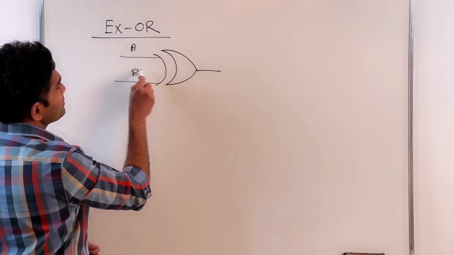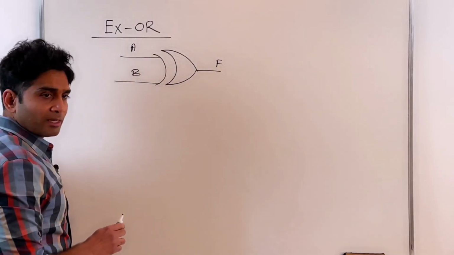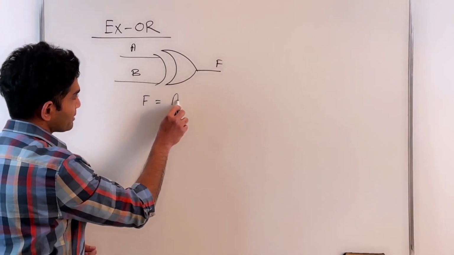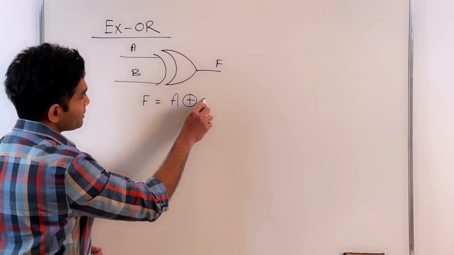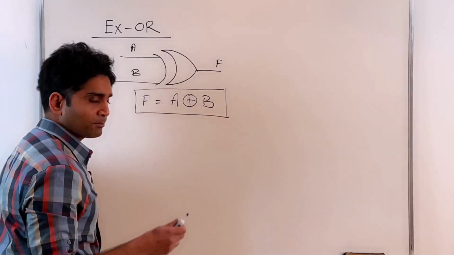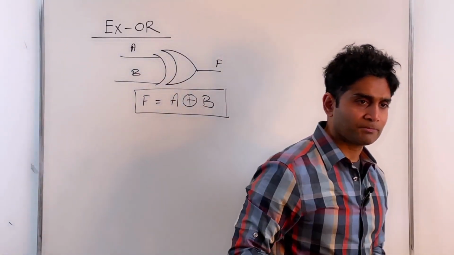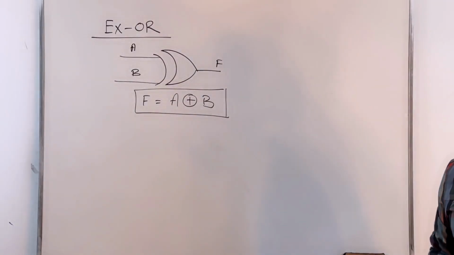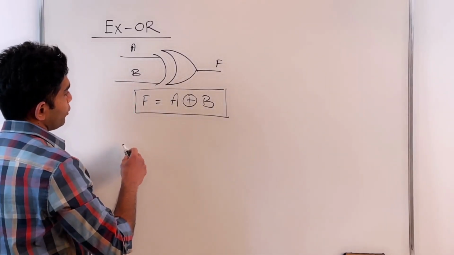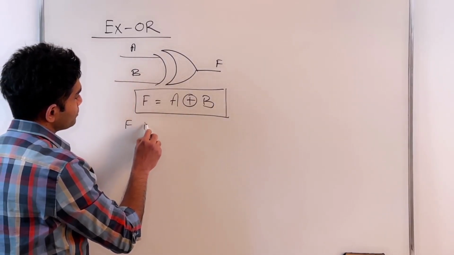A, B, and F. And algebraically, I will write this as A XOR B. So that's how you would write this as an expression. F is A XOR B. Okay. And logically, I can write F is true